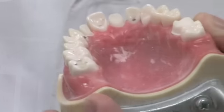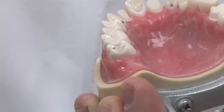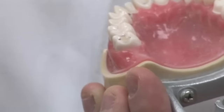Tooth decay, also known as cavities, can be treated several different ways. Before they can be treated, it needs to be determined the extent of the tooth decay as well as the severity. When we talk about the extent of the decay, what we're looking at is how large the cavity is. If the cavity is 10 to 20% of the tooth, it usually can be fixed very easily with a